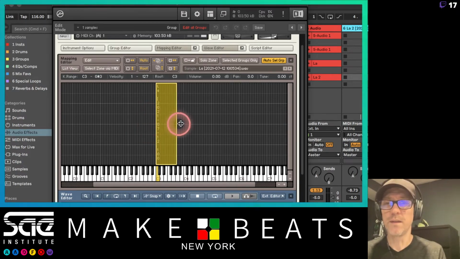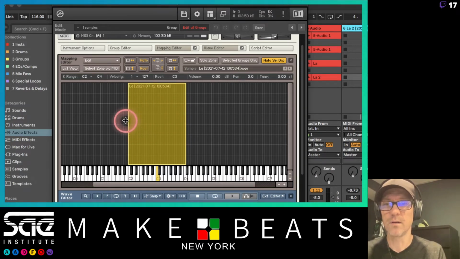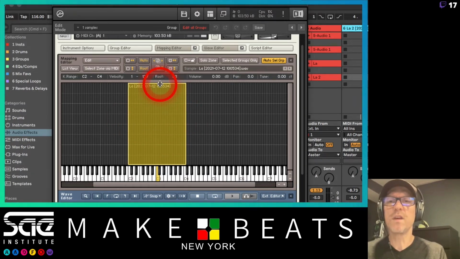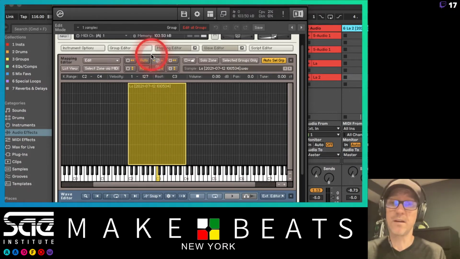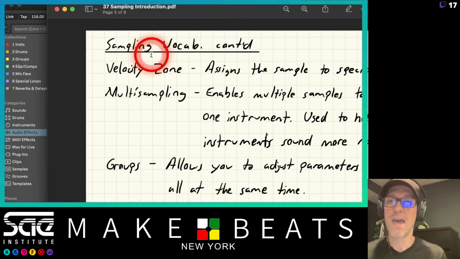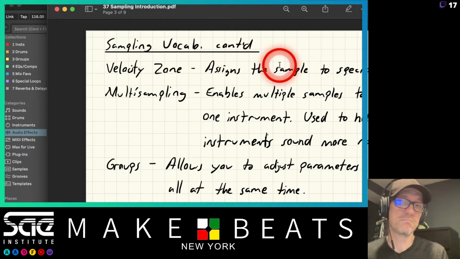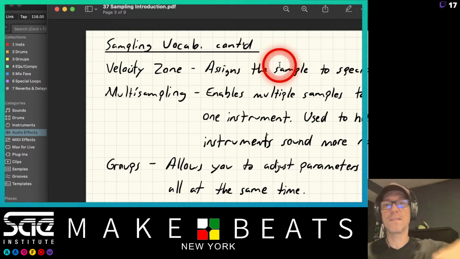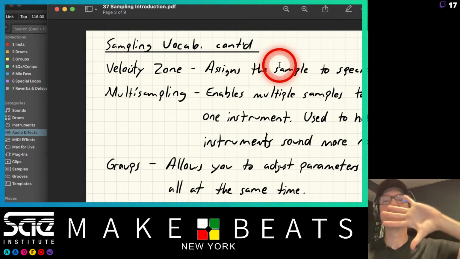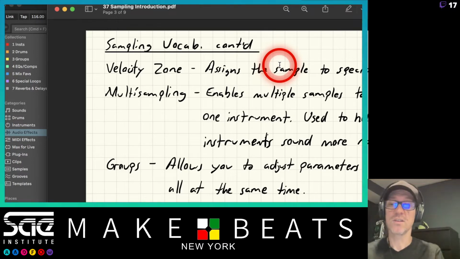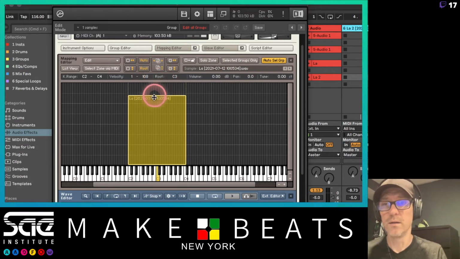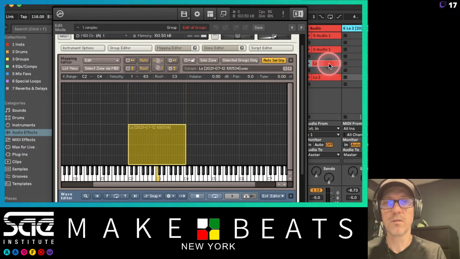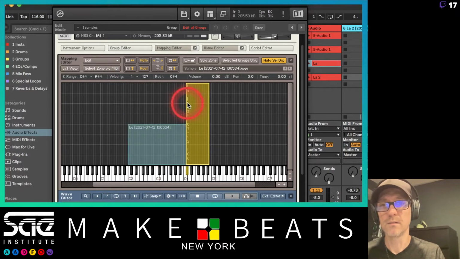Now, you can also see, I'm just going to extend this out a little bit more, this also goes up and down like this, and this is what we call the velocity range. The velocity range is pretty much the same thing as the key range. It's just assigning it to different velocities. So if I hit my key harder or softer, it's going to change that velocity, and I can assign different samples to that. So for example, this is our la 1. I'm going to go down here, grab la 2 and drag it in here. I'm just going to assign it in here